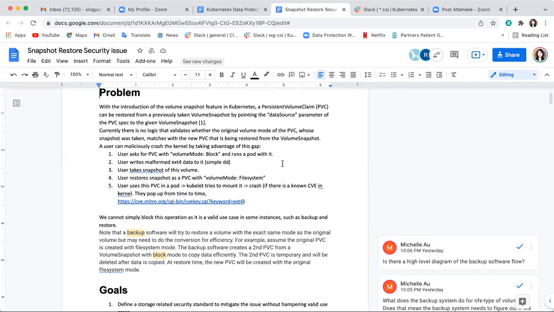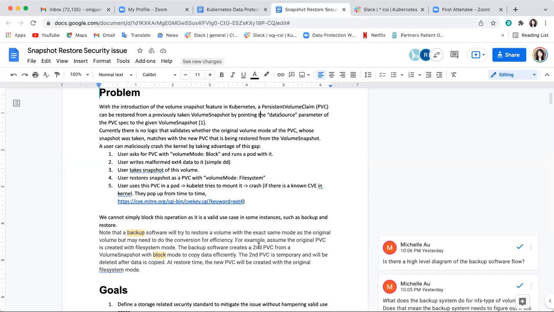I'm sorry, you're saying it doesn't matter whether it's read-only or what do you say? I mean, the point I'm trying to make is that the backup software, when they do a restore, are not executing any code, they're not running anything. If you read this one, you're actually creating a volume, right? Then the crash happens when Kubernetes tries to mount it in the pod. I'm just concerned about crashing.